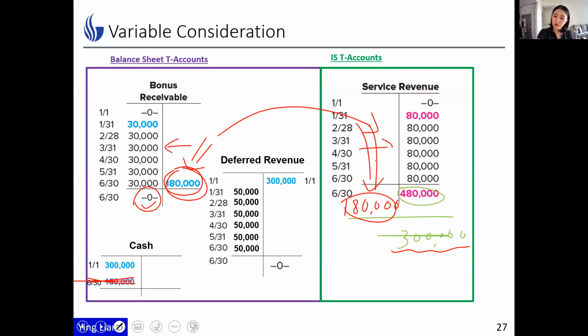in the middle, but change the number to whatever exists. For example, for this amount, you're going to debit $90,000 to service revenue on the left, as well as credit to bonus receivable on the right. Remember, the purpose is to erase the balance for bonus receivable. There's not going to be a bonus receivable, and you have to adjust your service revenue down. That's for variable consideration. To do that, you have to create another T account for bonus receivable.